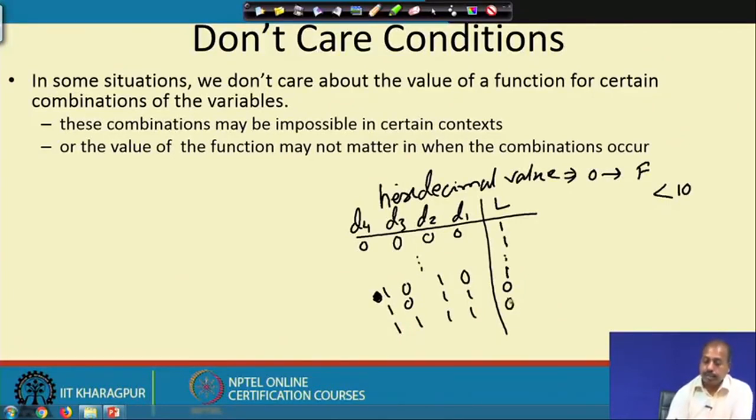In this case it is completely specified, but suppose it says that if the input value is less than 10, the light should be on, and also if the input value